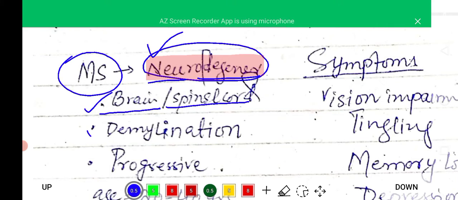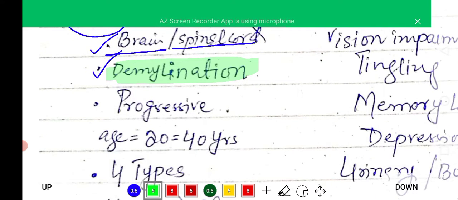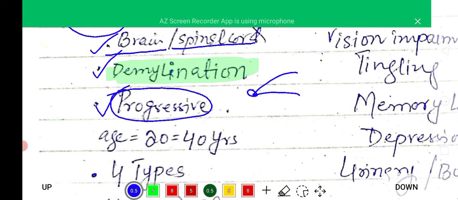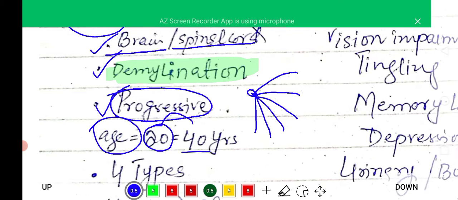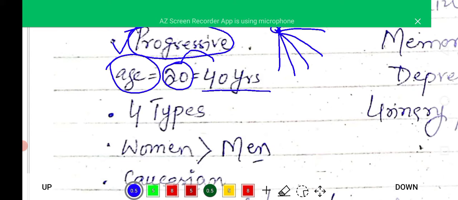So what happens is demyelination occurs in this disease, meaning brain and spinal cord nerves are demyelinated, or loss of myelin sheath around nerves occurs. It is a progressive disease, meaning it occurs at one time and then progresses at multiple intervals of time. The age of occurrence is between 20 to 40 years of age, and there are four types of